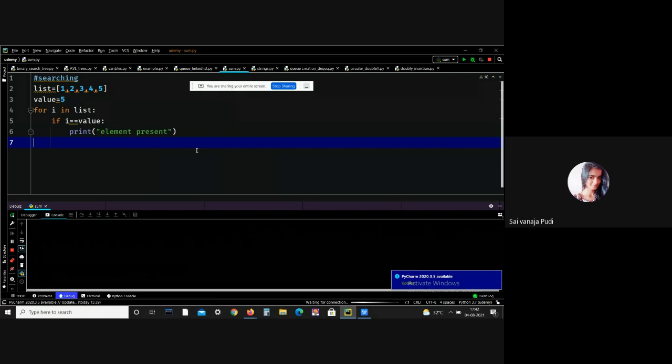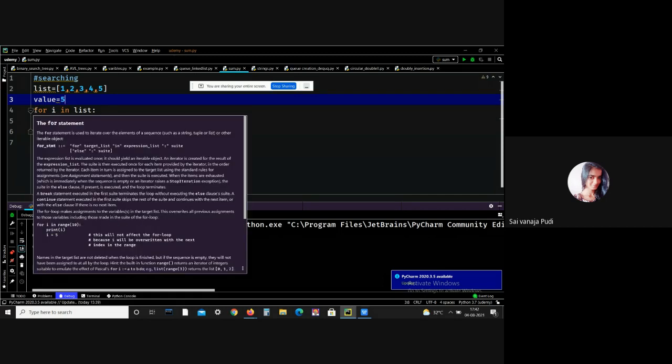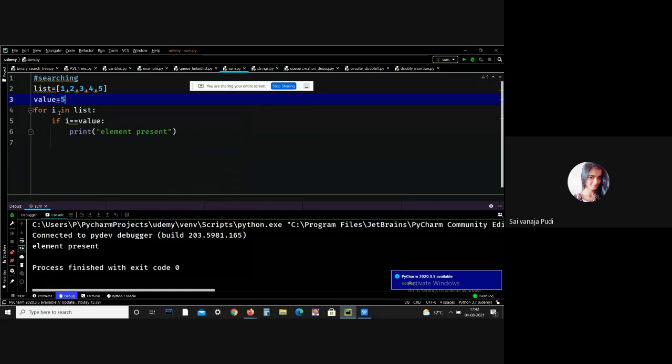See, we got the output: element present. Here I gave just one list, 1 2 3 4 5, and I want to search for the element 5, and here I am iterating the list. At first, i is taking 1.